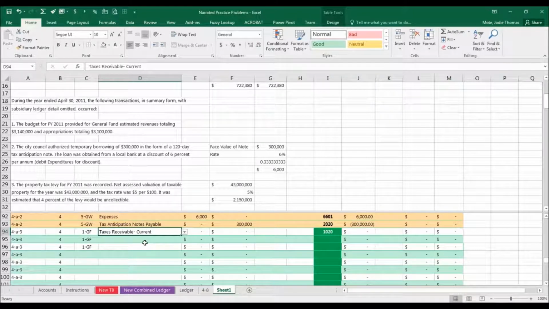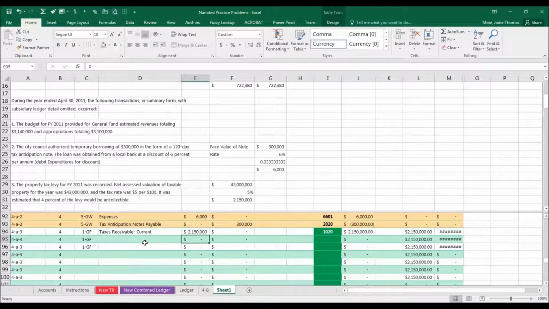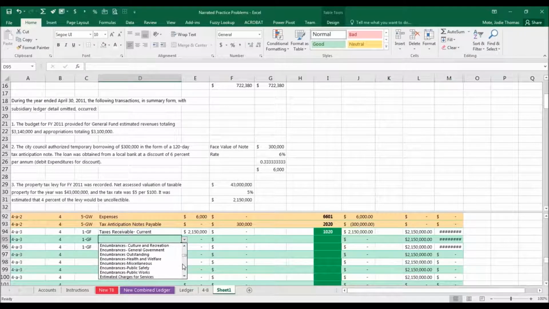So that's going to be all right, and so basically we're recording as the debit the full amount here of the levy, okay? Because we're going to adjust for the uncollectible on the next part of the entry. So the full amount is the debit. And now this next line is going to be where you record estimated